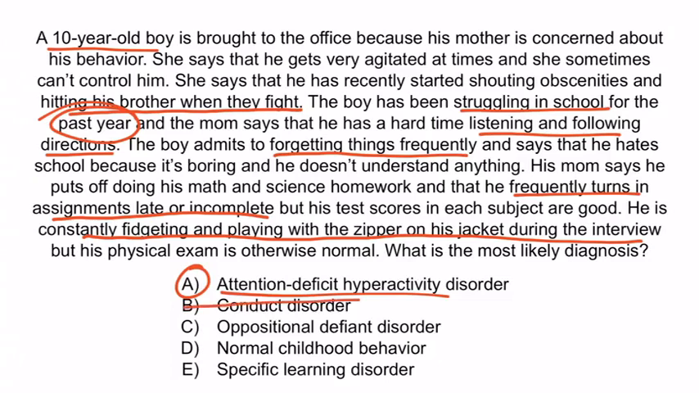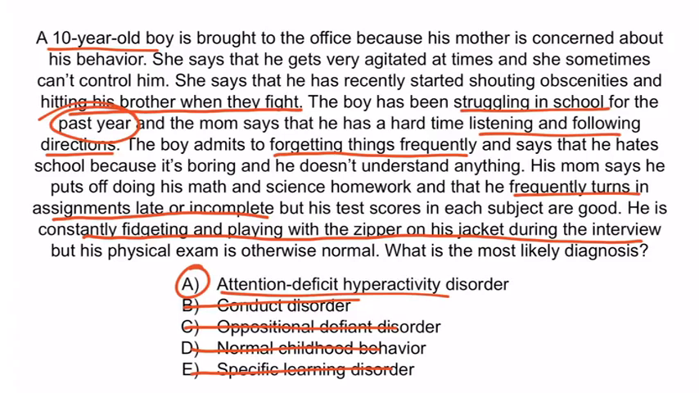He does have a bad attitude about school, but he doesn't seem to be openly defiant or vindictive like children with oppositional defiant disorder. So C is incorrect. While aspects of his behavior may be normal for an adolescent, collectively they are abnormal and are consistent with a diagnosis of ADHD. So D is incorrect. Finally, he also isn't struggling with one subject in particular like what we'd see in specific learning disorder. So E is incorrect. So again, the correct answer is A,